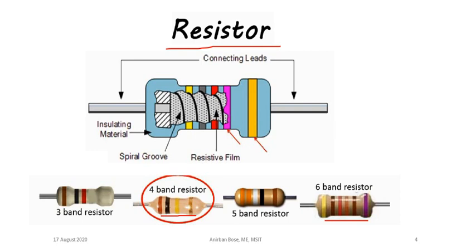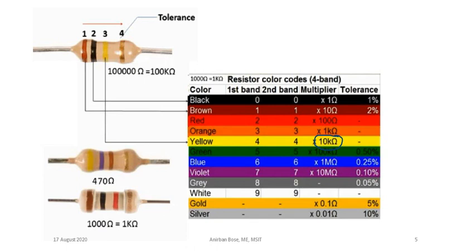Let us see how we can identify the resistance with the color bands. Let us take one example. This is a 4-band resistor, where this is the first band. The first band is brown. So where is brown in this column? Here is the brown. So brown in the first band is 1. So you just put 1. Then what is the second color? That is black. So go to black in the second band, which corresponds to 0. So just put 0.